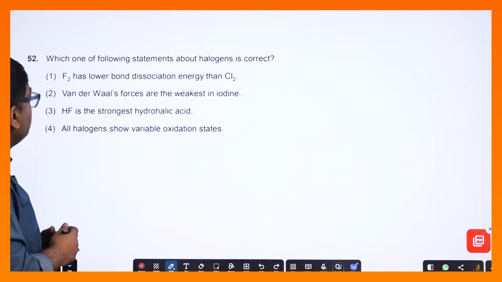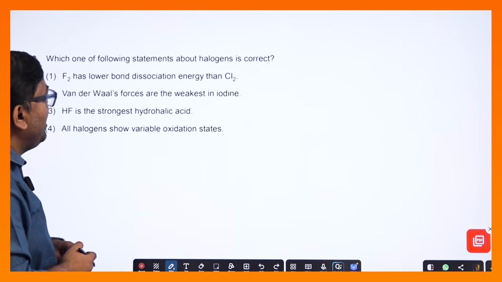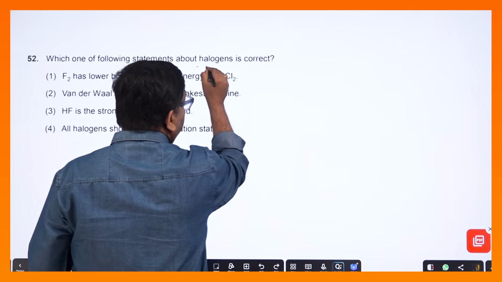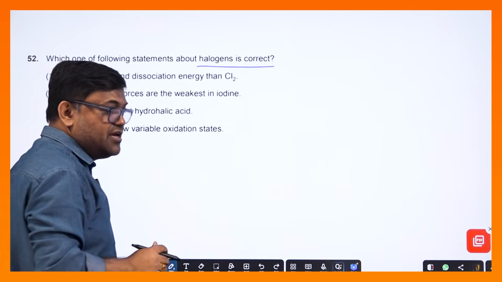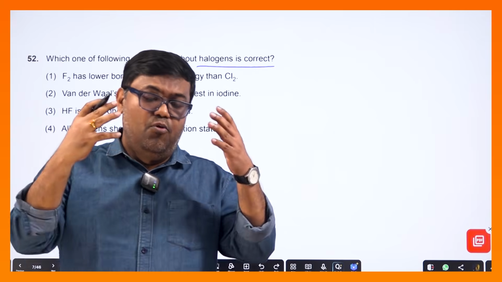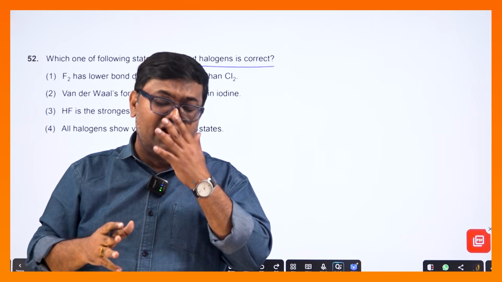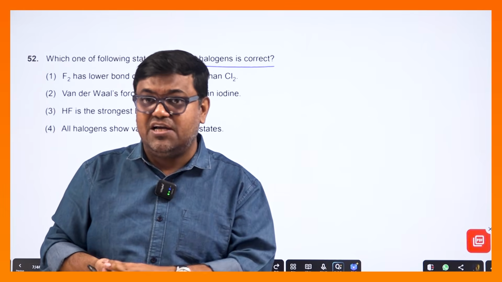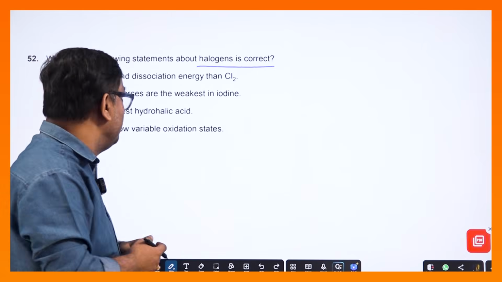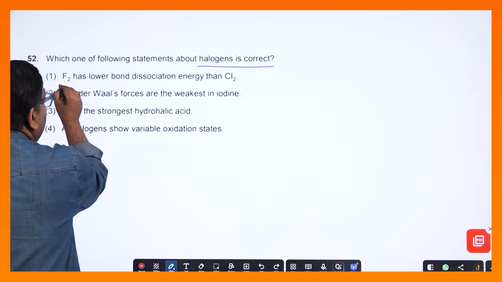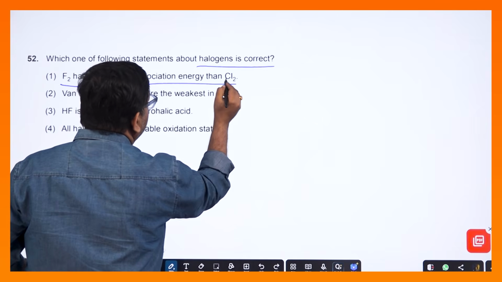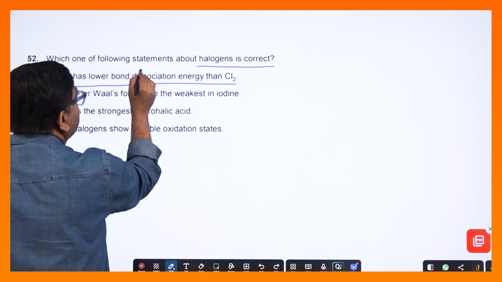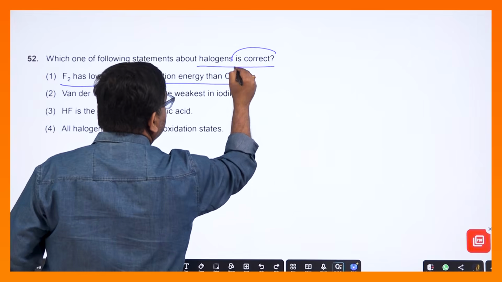এবার আমরা নেক্সট কোশ্চেনে চলে যাচ্ছি, which of the following statement about the halogen is correct। এখান থেকে কিন্তু এবার একটা পি ব্লকের কোশ্চেন আসবে, হ্যালোজেন, হ্যালোজেন অ্যাসিড বা প্রপার্টিজ থেকে আসবে, ভেরি ইম্পর্টেন্ট। পি ব্লকগুলো ভালো করে দেখবে, 15, 16, 17, 14, কিন্তু আর যে প্রপার্টিগুলো সেখান থেকে 2-3টে কোশ্চেন আসবে, খুব ভালো করে খেয়াল করবে। প্রথমে বলেছে F2 has the lower bond dissociation energy of Cl2।